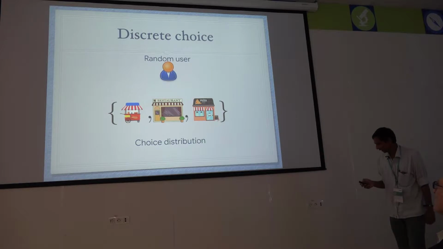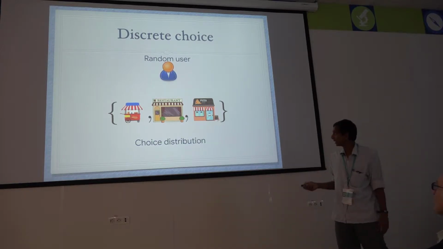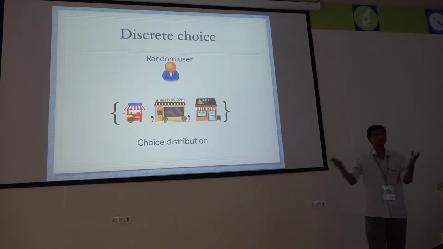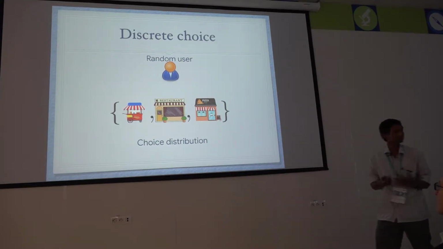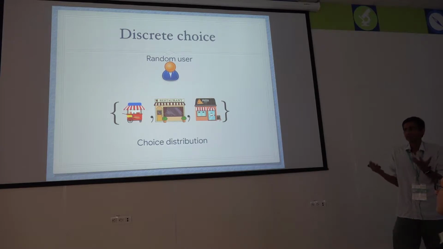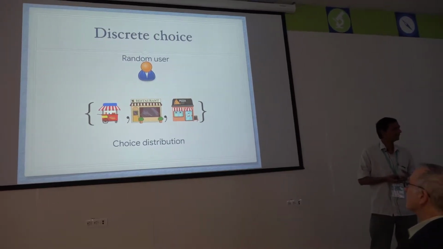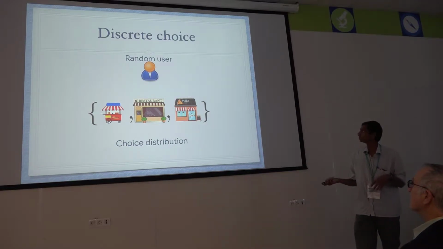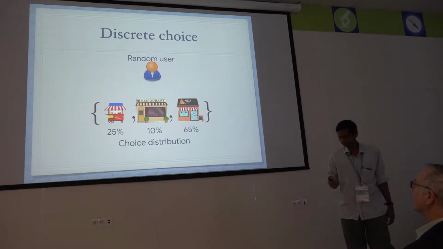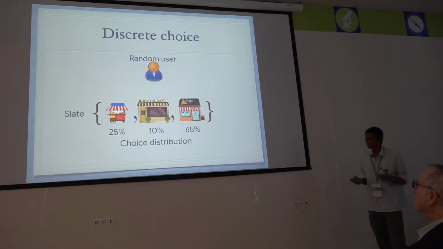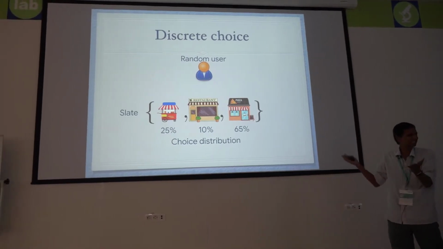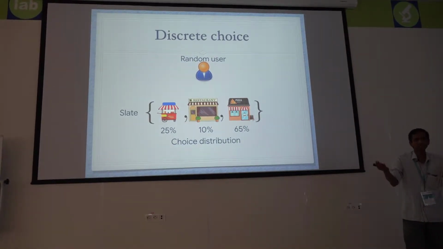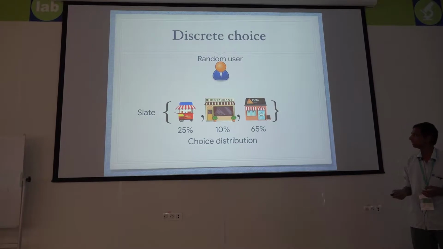Okay. So think of a random user, and you have a set of choices, and you want to impose a distribution on the choices that you have. Right? In this case, there are 3 items, and you want to pick one from this set. And you want to know what distribution a typical random user would follow. So in this case, it could be that most people want to go to the pizza place. Okay. And for historical reasons, we'll call this subset a slate. Because you're often given a slate of choices and you want to make a selection from that slate.